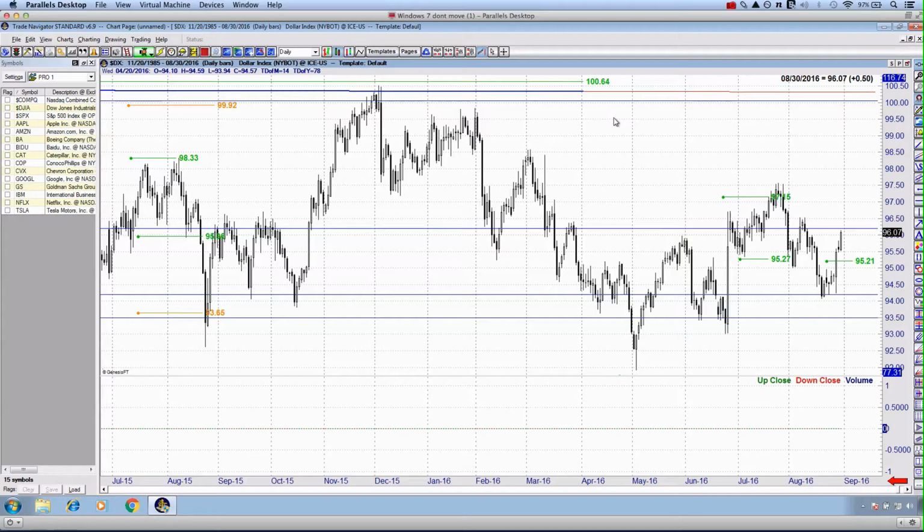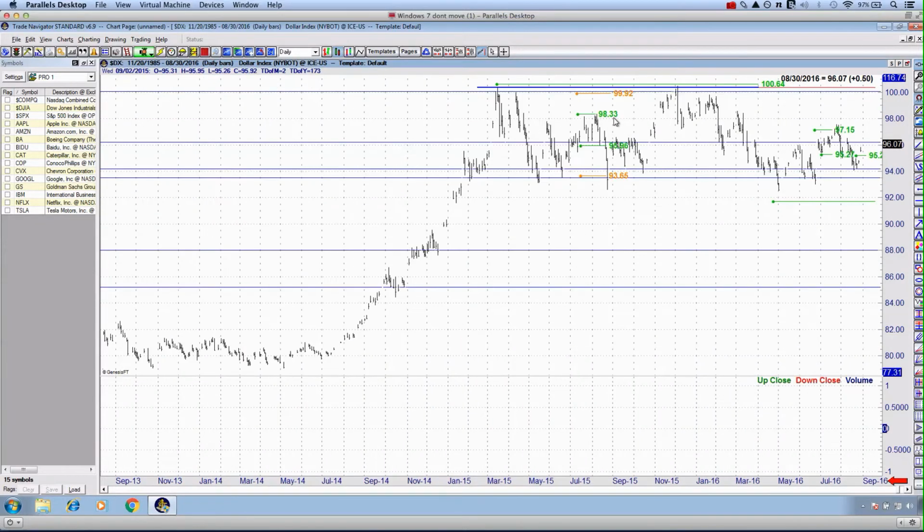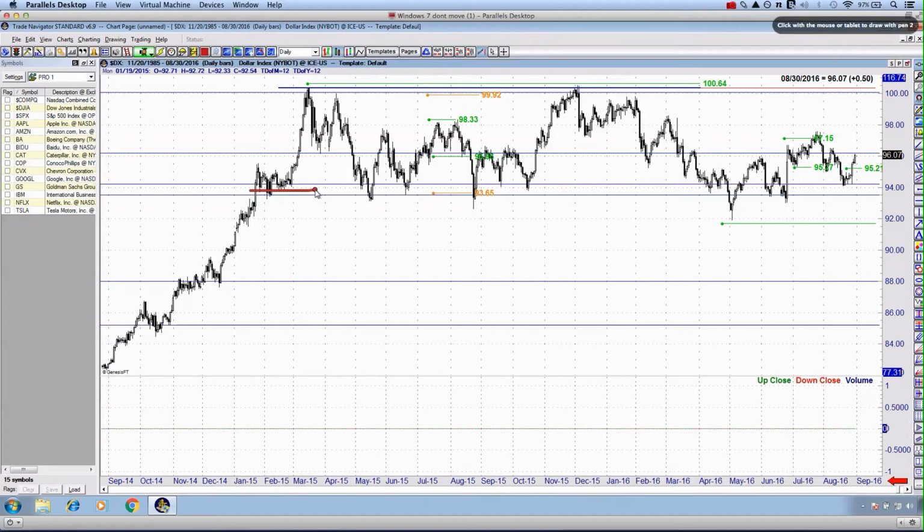31st of August. Now, a very common intermarket relationship is between the US dollar and, of course, the strength of commodity markets. What I want you to understand right now is that since about December, even January 2015, we have been in this sideways consolidation type of pattern. In fact, it is what we call a sideways channel. All we are doing right now in the US dollar is oscillating between macro support, which is highlighted down here on my screen with the color red, that red line going horizontally around 94, and of course resistance, which is again that horizontal line up here around that 100 area.